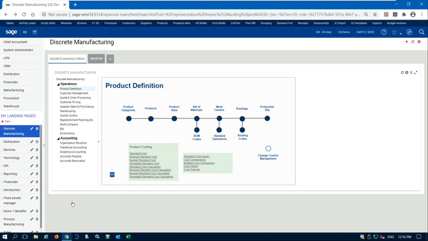Our inventory control module obviously interfaces with all other modules within our ERP system. It talks to our sales order module, our purchasing module, manufacturing module. It also can feed our fixed asset module as well. There's a lot of features built into the X3 inventory control module, and I'm going to highlight some of those